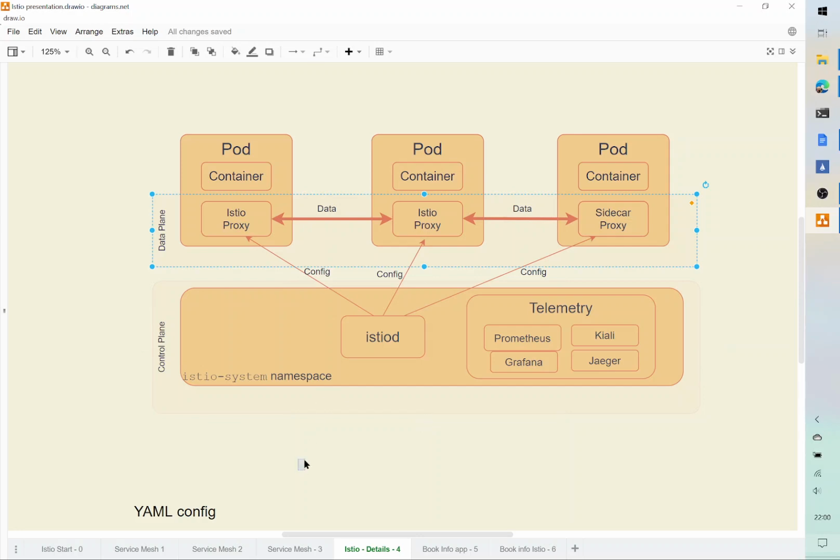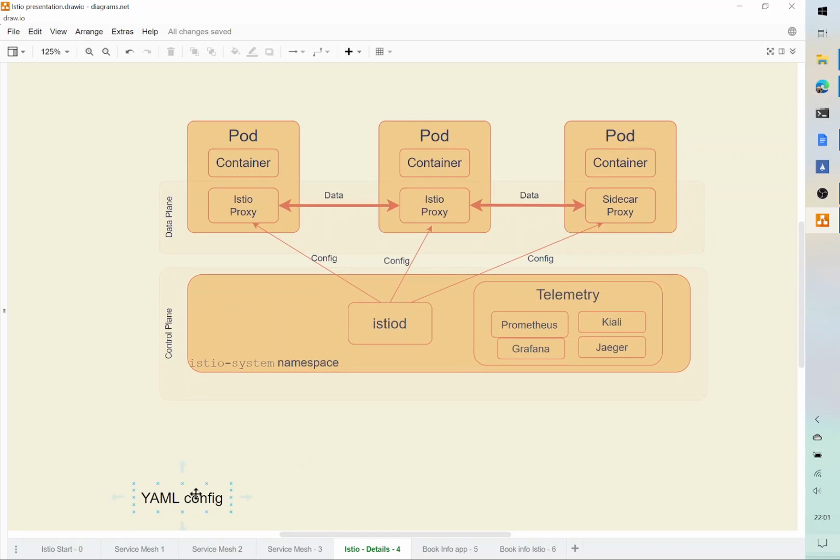Istiod takes this configuration that you've given it in YAML and figures out how to configure individual Istio proxy containers in all of your pods, and configures them. It also gets details about the traffic and resource usage from these proxies and provides browser UIs as add-ons to monitor your traffic.